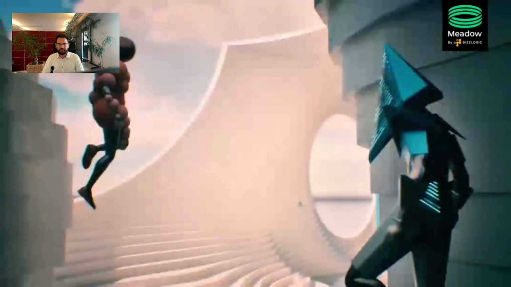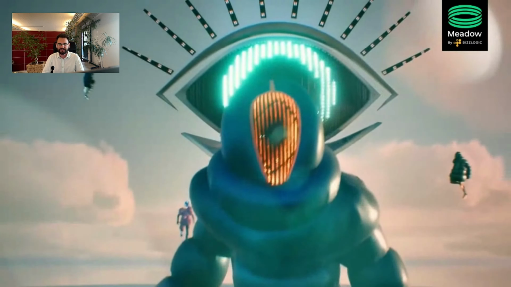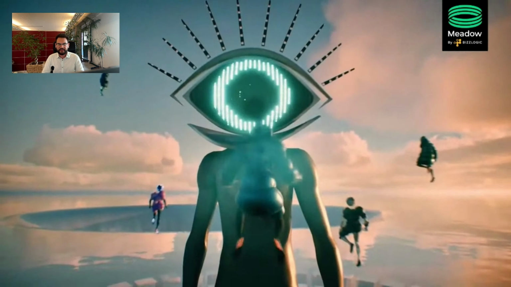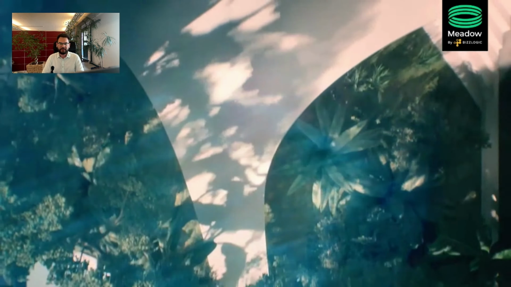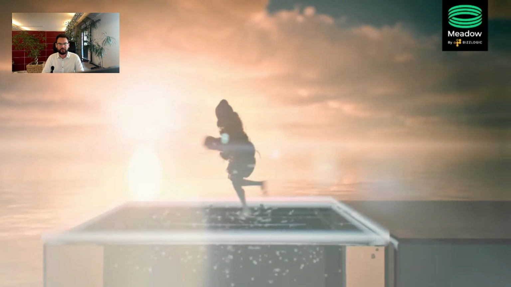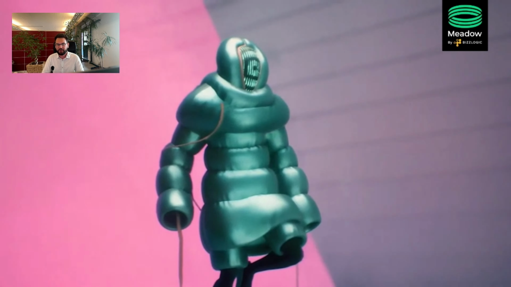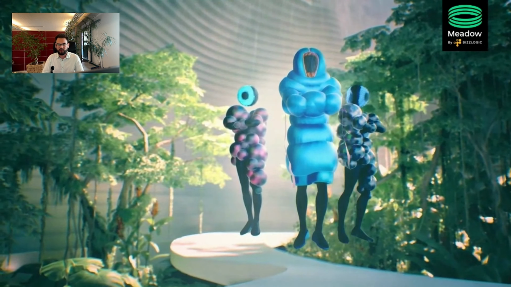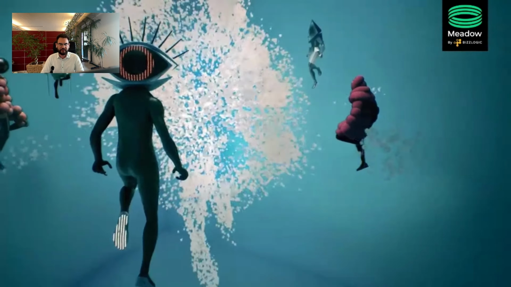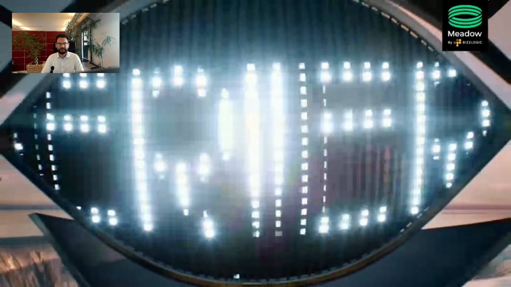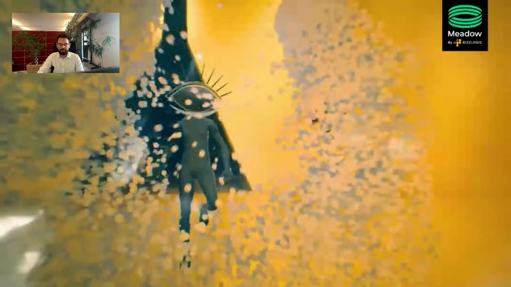So we built this on our Meadow framework, enabling new avatars, flying, different things like growing big and small, bringing in particle effects, using ray tracing for glass. And really the goal here was to make a great package that impresses you when you step into this world and go through it. And we collaborated with amazing audio talent and the studio here. And in the end, we're able to provide a great